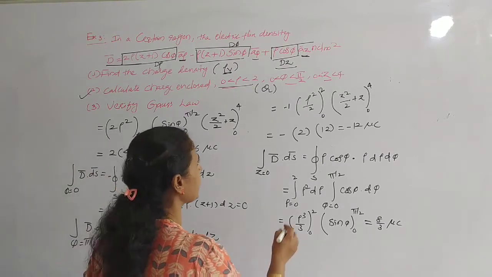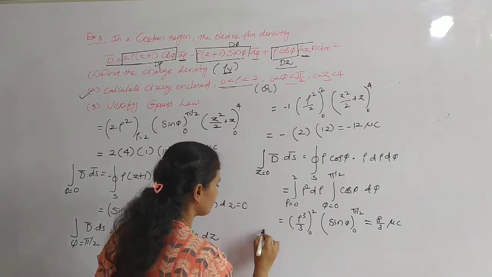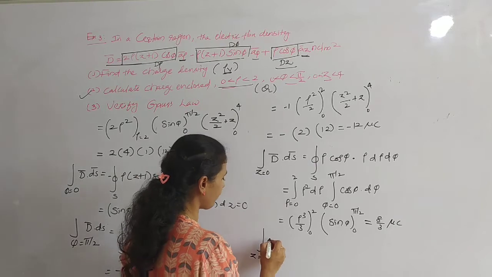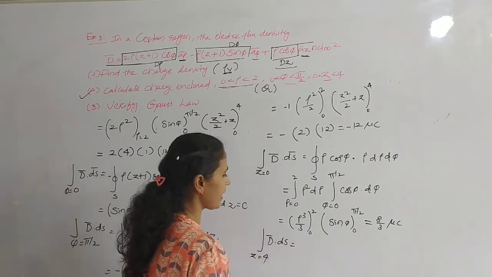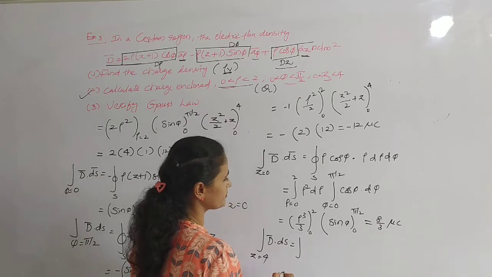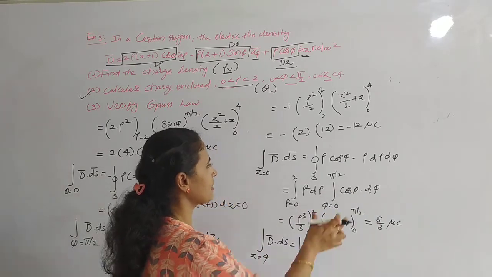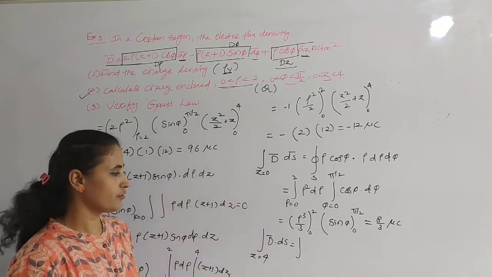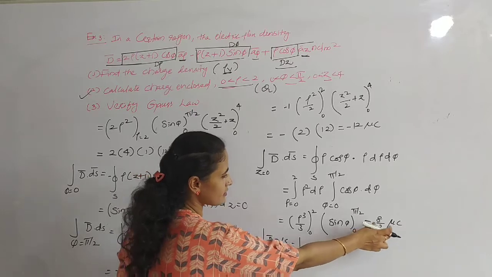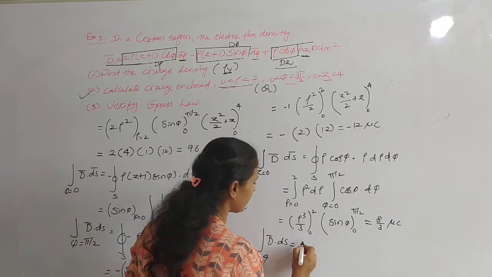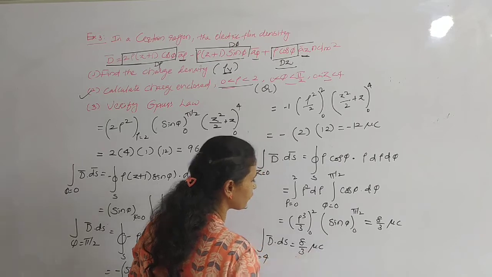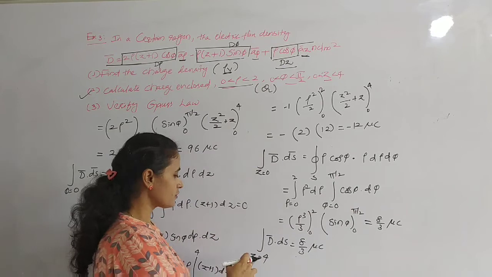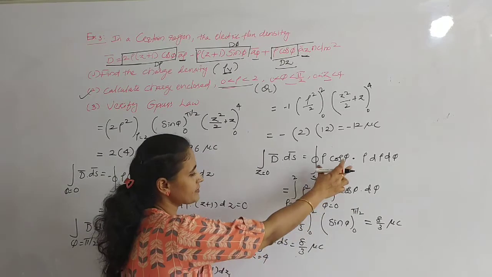And the last term is with z equal to 4. Integration with z equal to 4, the same terms only with z equal to 4, D bar dot ds bar integration. Anyway, in this integral term there is no z term, so we substitute z as 4, which gives the same value, which is nothing but 8 by 3 microcoulombs, because as I said in this simplification there is no z term, so we substitute z as 4, remaining terms as they are.